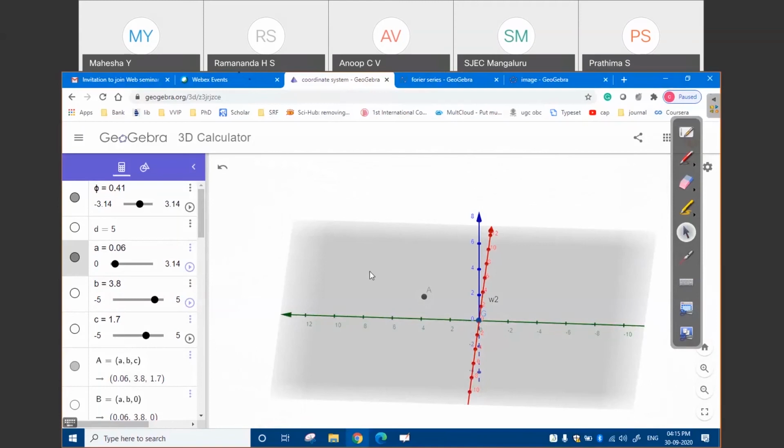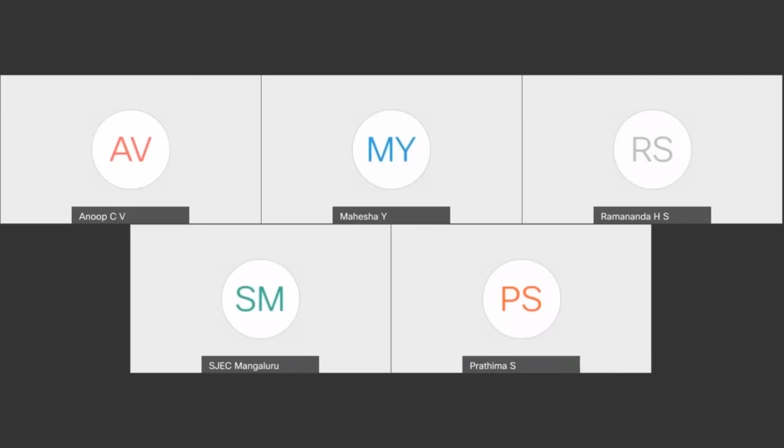So these are some of the demonstrations which we just wanted to give. We know it's not from our domain, that is electronics, but the implementation part, I think similar contents will show up in all the domains. I don't know about computer science and MCA, but of course for other branches, GeoGebra will be helpful at times.